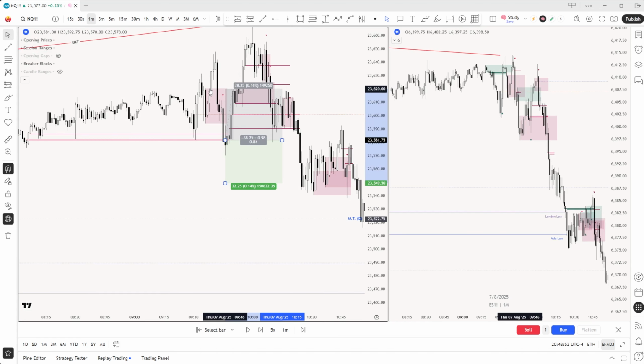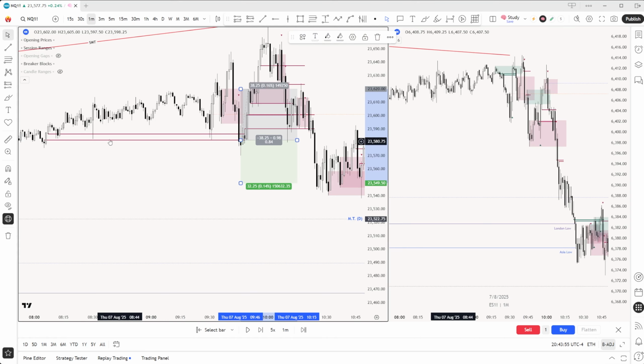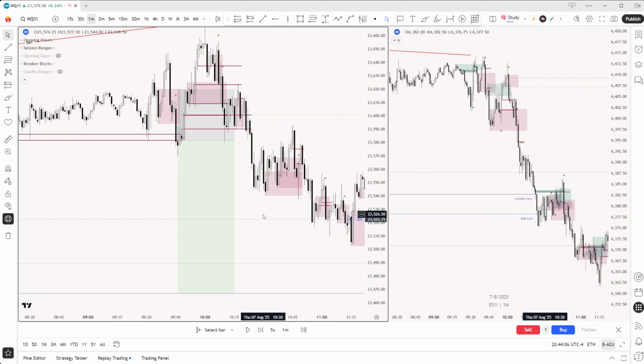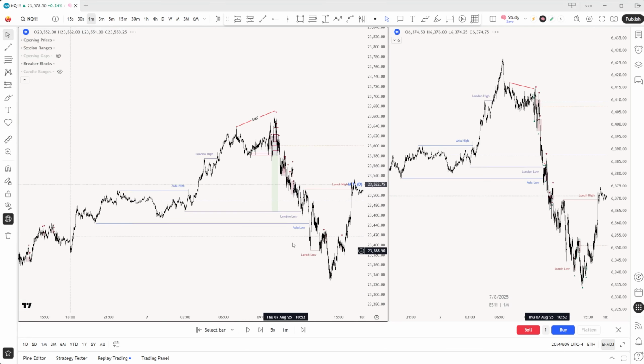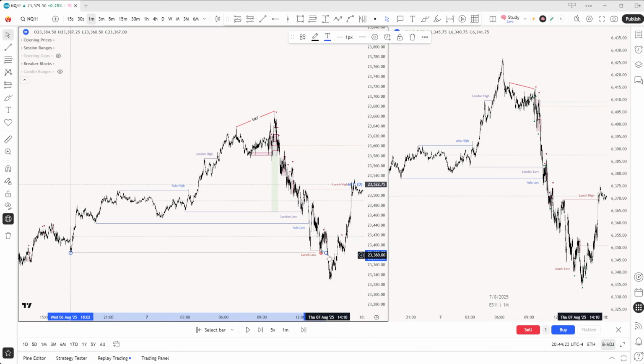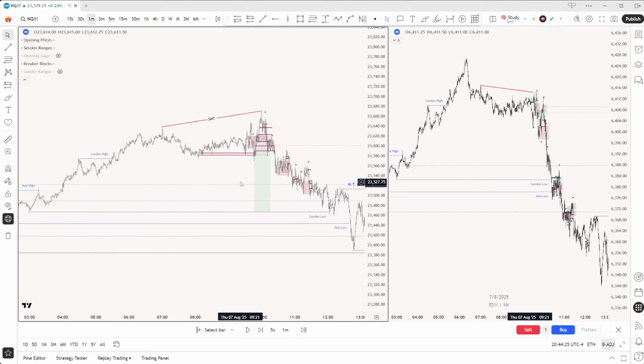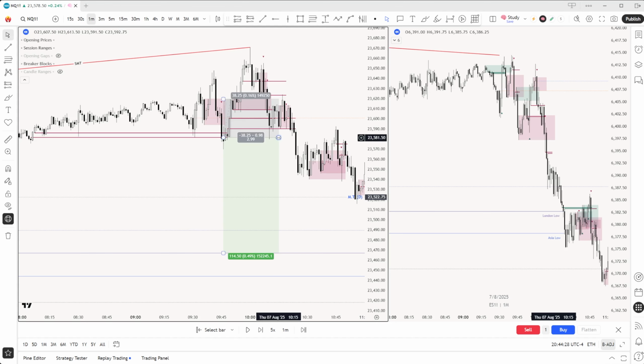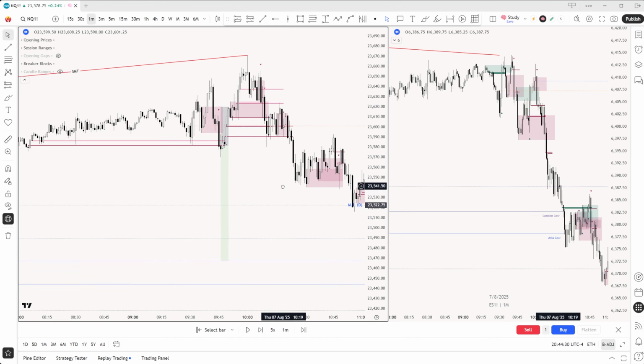I had my stop at the high of this inversion fair value gap because this had yet to become a fair value gap, order block, and inversion fair value gap for my 3 PD array stop loss. And I was targeting London low. As you can see, this offered plenty of risk to reward, with also more opportunity to be more profitable, I guess we could say, with Asia low, the daily opening price, and also a level I want on my chart, the current low of day, right? So with all these levels, you had a lot of opportunity. This is definitely a good trade that I would take again. Sadly, it just didn't work out.